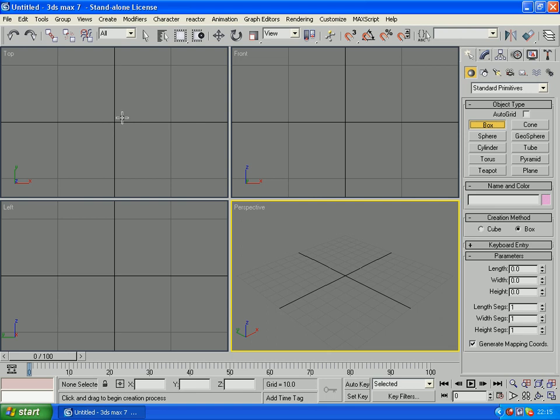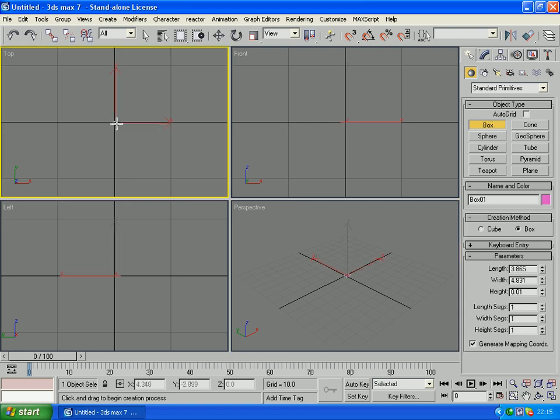So that first thing you do, I normally map my basic shapes at the top viewport. Some people prefer to use the front, some people use the left, but I just use the top. There's no difference. Well, there is a difference, but it won't affect the way your shape looks in the final piece. So at the top, I'm just going to start drawing from here, or mapping from here,